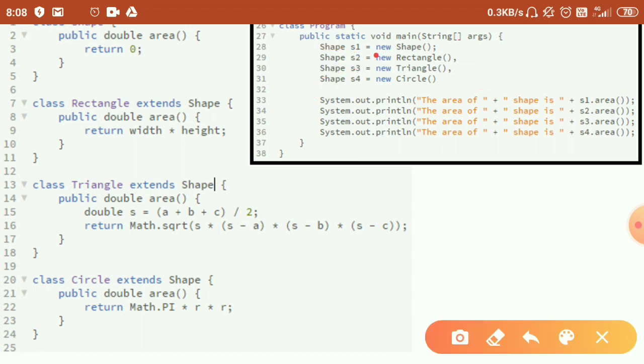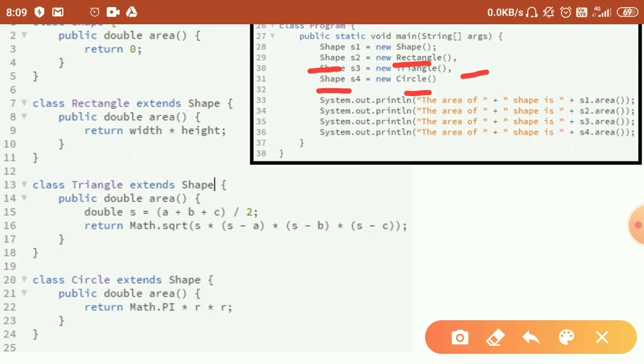The first one is new shape, second is new rectangle, third is new triangle, and fourth is new circle. Since rectangle, triangle and circle are the derived classes, the child classes of the shape class, you can have shape here and rectangle here, shape here and triangle here, shape here and circle here.